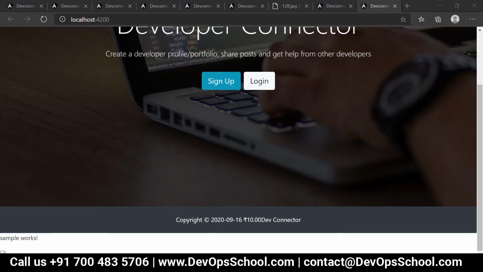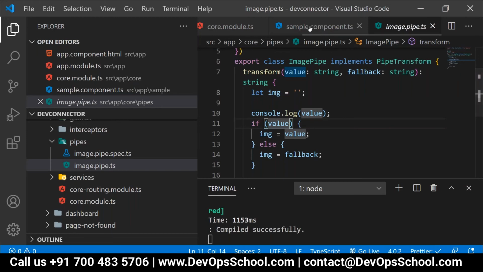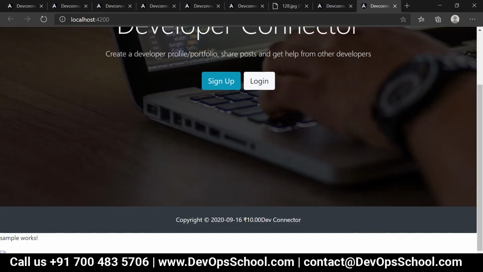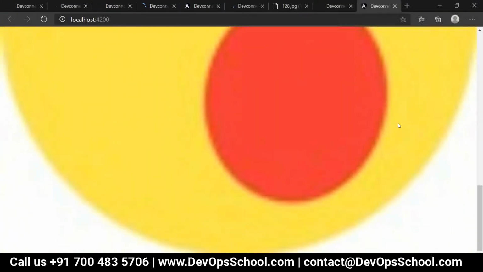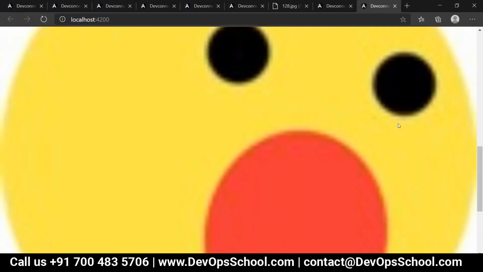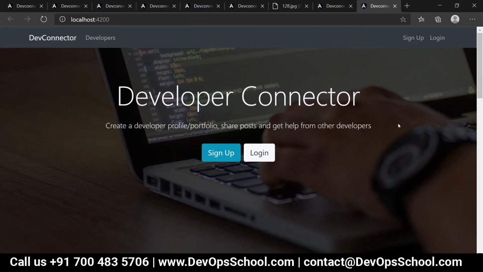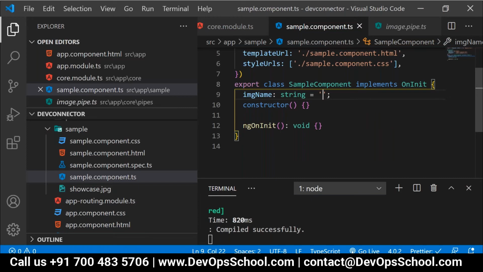Okay, people, let's assume, to sort out this problem, I'm providing a blank image name. Now have a look over here. Is it showing that smiley face or not? Yes, sir. Correct. So in this way, people, you can build custom pipes.